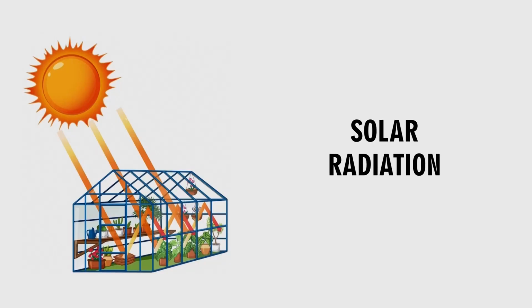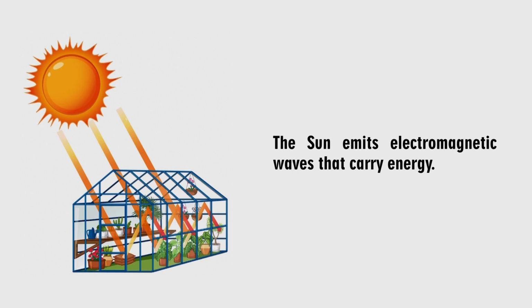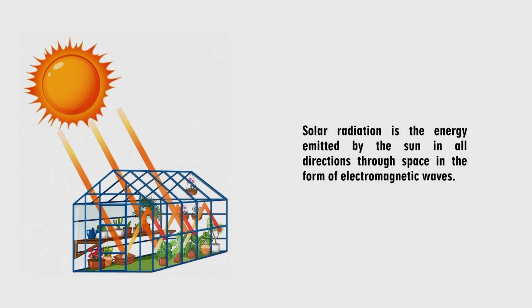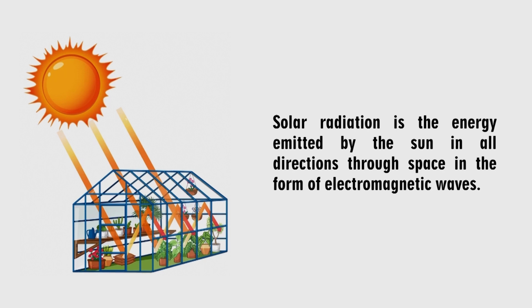Learner, now we will understand the basic phenomenon called solar radiation. As you know, the sun emits electromagnetic waves that carry energy. Solar radiation is the energy emitted by the sun in all directions through space in the form of electromagnetic waves. There is no life on earth without solar radiation. It is directly or indirectly responsible for phenomena such as plant photosynthesis, maintaining a planet temperature suitable for life,